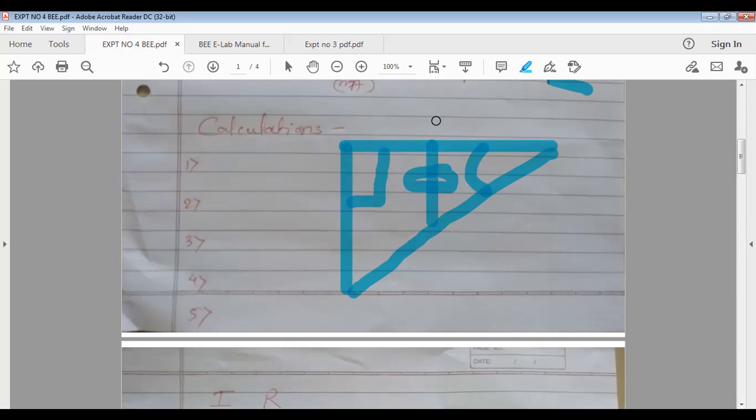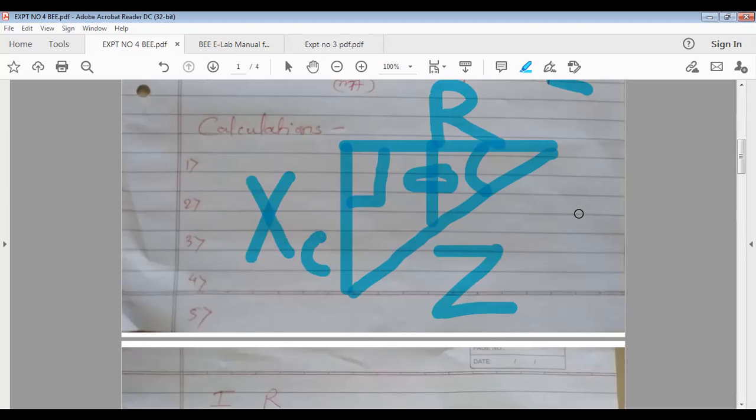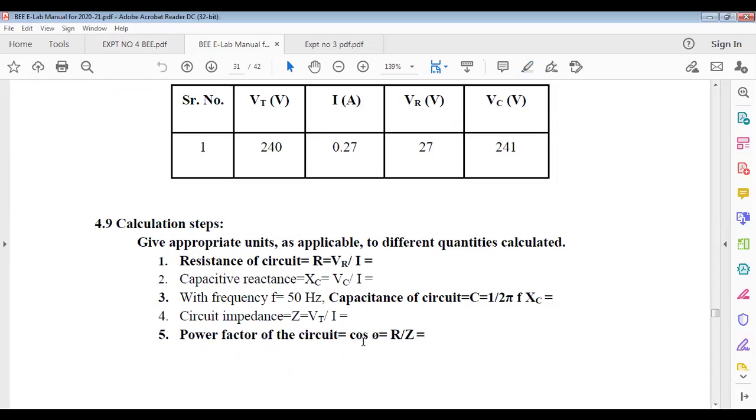Okay. So this is along this, it's a resistance. Along this, it's a resistance. Along this, you will find there you are getting XC, capacitive reactance, and along this, it's a Z. You will derive this. Now, find out cos phi in this triangle. R by Z. Correct, R by Z. Okay. So, see here, cos phi is R by Z. So you can calculate here power factor also, R by Z.